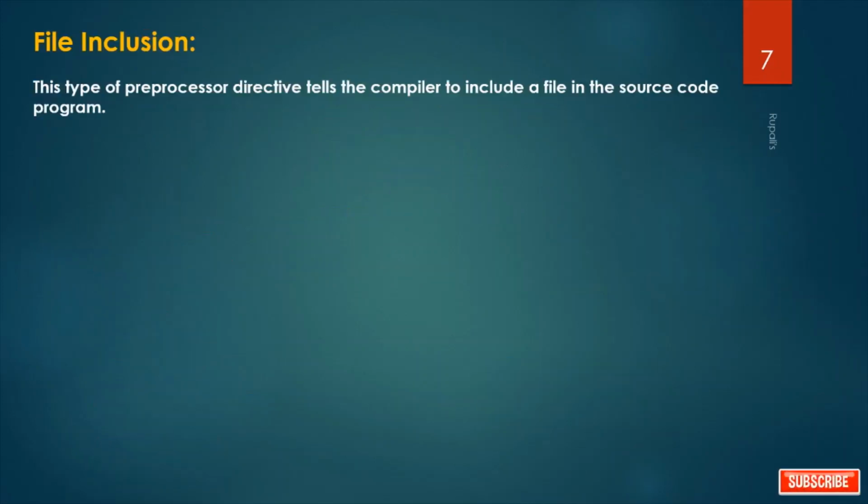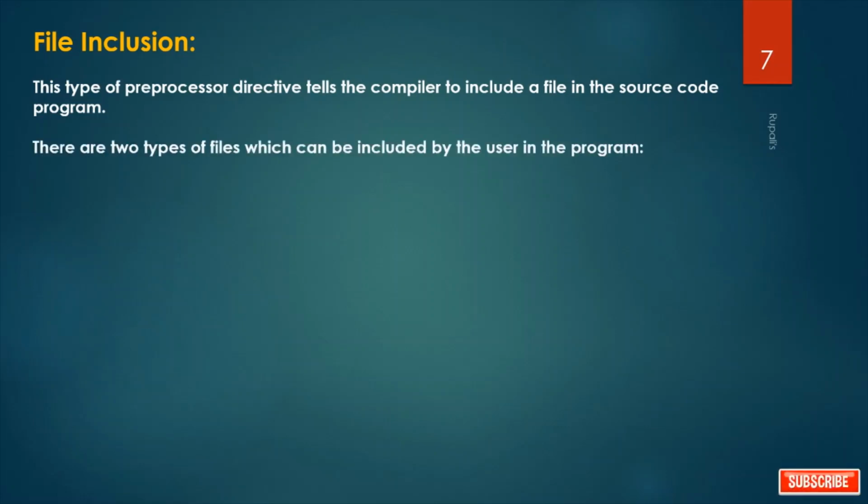File inclusion. Now we will learn file inclusion in detail. This type of preprocessor directive tells the compiler to include a file in the source code program. Say our program is myfile.c; if we write #include stdio.h, the directive tells the compiler to include that header file.